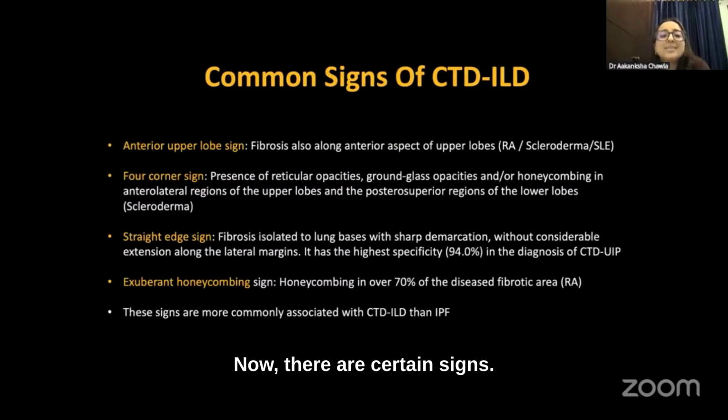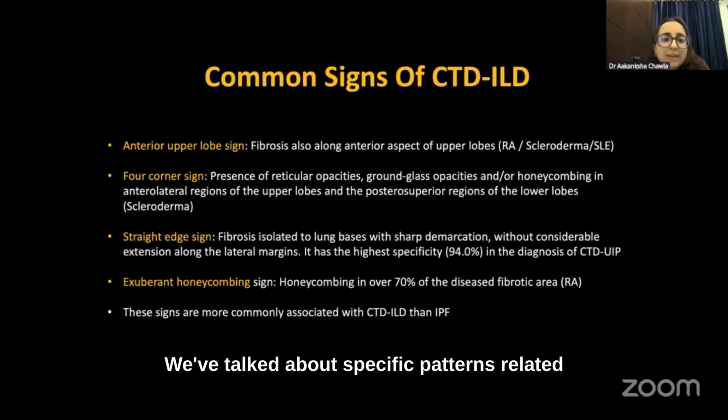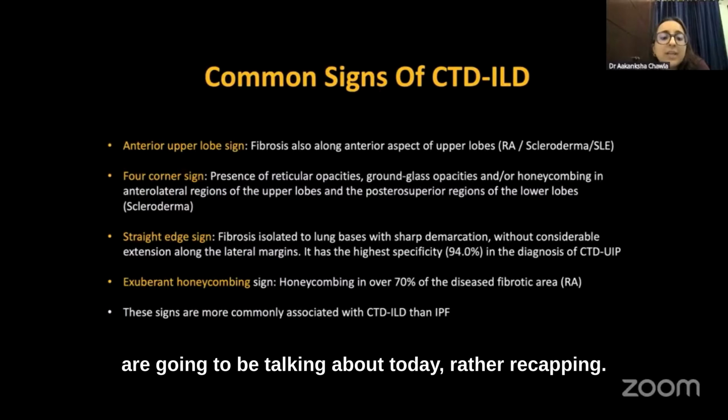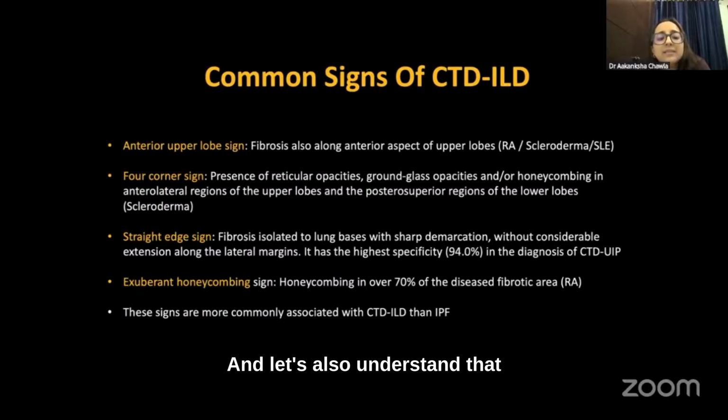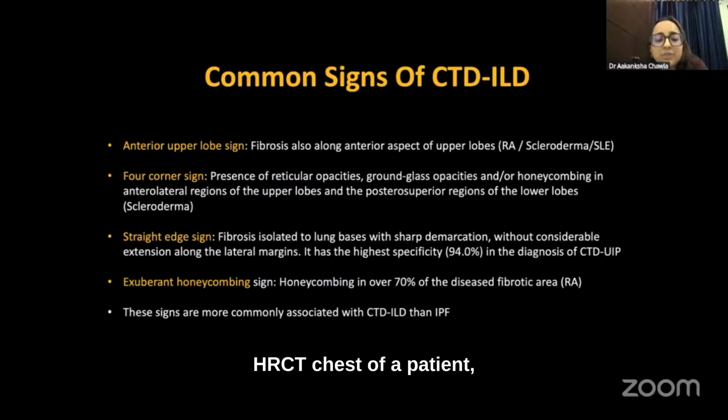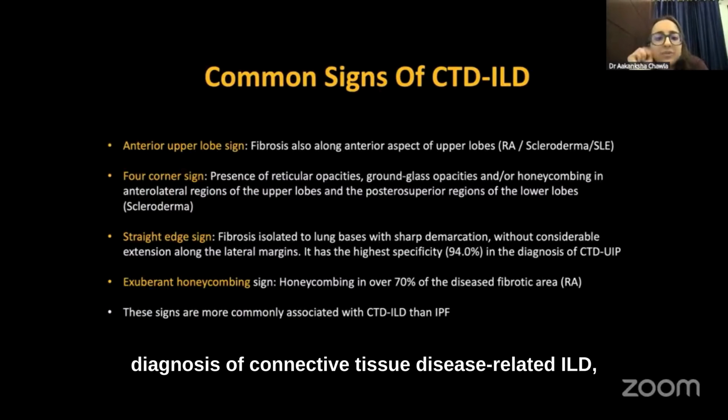Now, there are certain signs. We've talked about patterns, specific patterns related to the connective tissue diseases that we are going to be talking about today, rather recapping. And let's also understand that there are certain signs that when you look at them on a CT scan, you automatically think of connective tissue disease related ILD. So there are certain ILD signs that you would see on HRCT chest of a patient, and they are very specific for diagnosis of connective tissue disease related ILD,